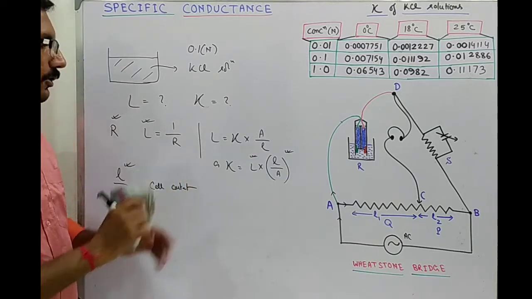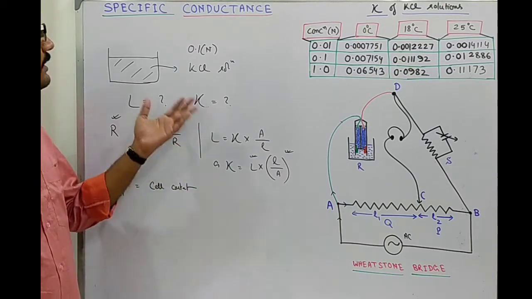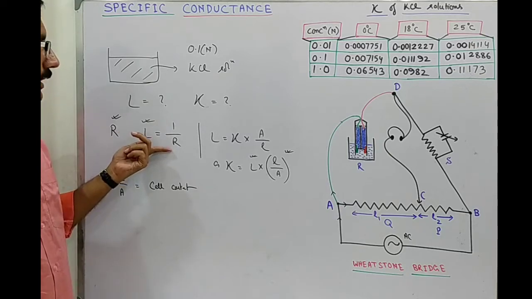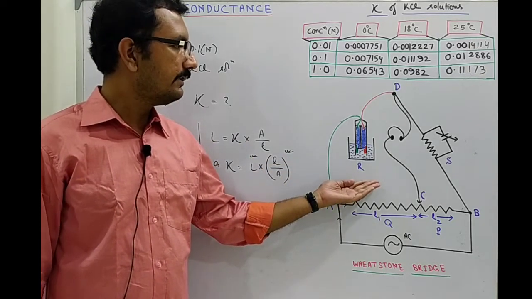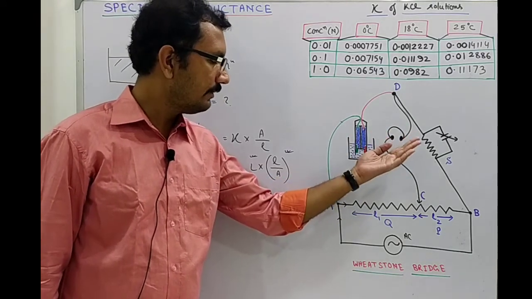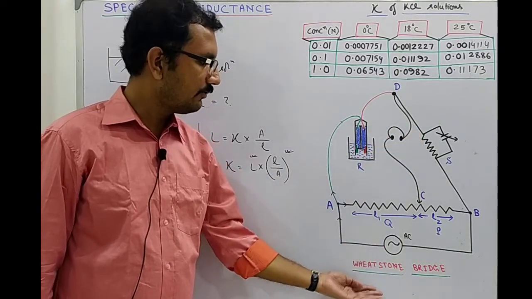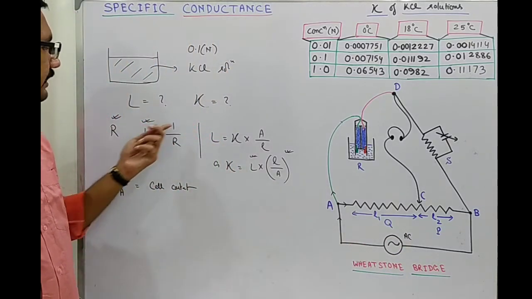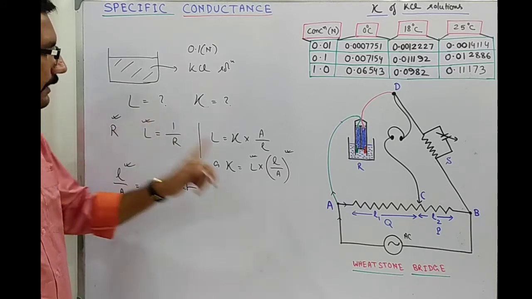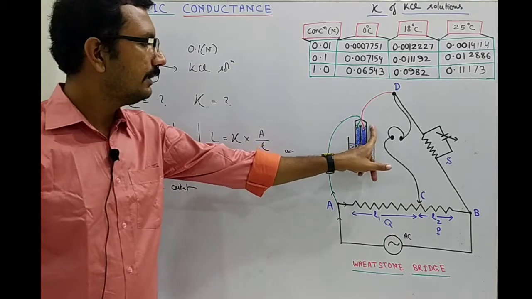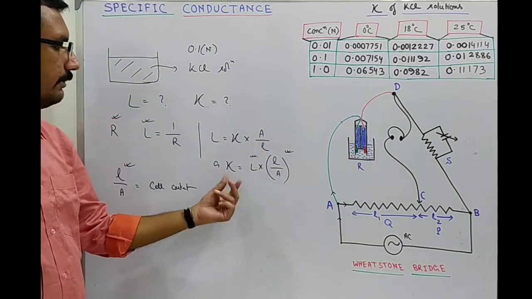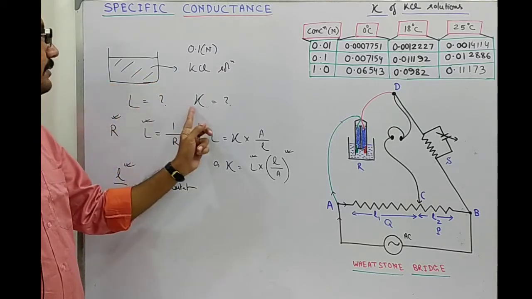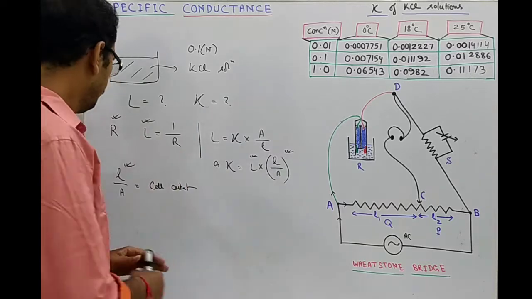So, we have covered our topic, that is how to measure conductance and specific conductance. Conductance is the reciprocal of resistance, and resistance is given by the conductivity cell, which is functioning based on the Wheatstone bridge principle. So, that is giving you R. Taking a reciprocal, that will give you the conductance. Put this value here, see the label, you will get the cell constant, put here. So, that will give you specific conductance of any electrolytic solution. So, this is conductance, this is specific conductance, we have both the values.